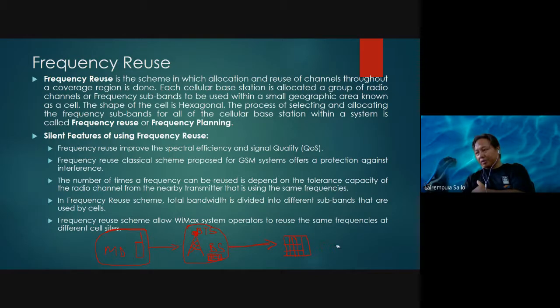Okay, it is very important to understand this to make equations. Otherwise, if you do not understand what the BS is, what the mobile station MS is, and what the MSC is,